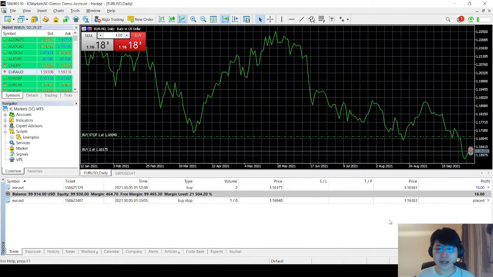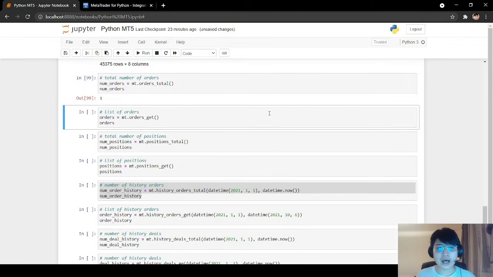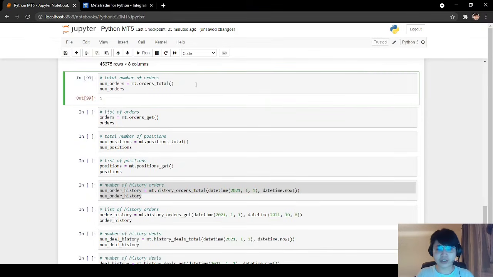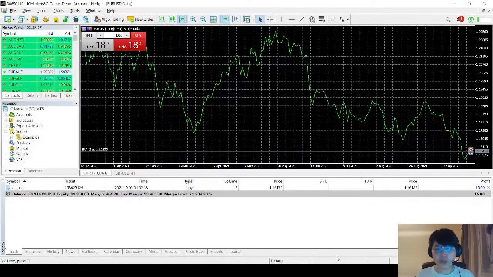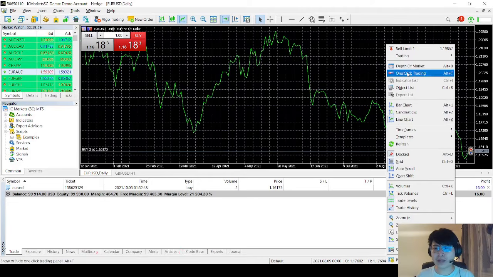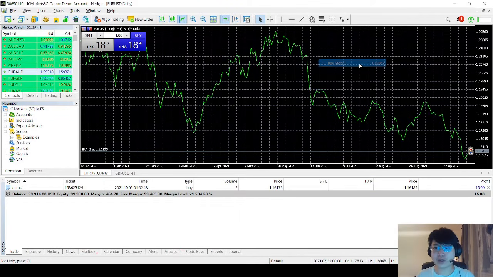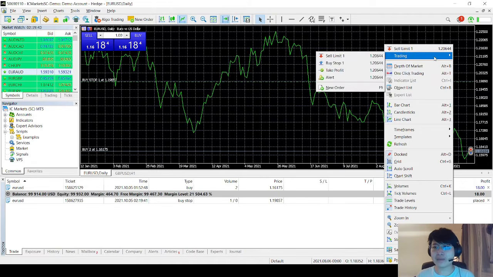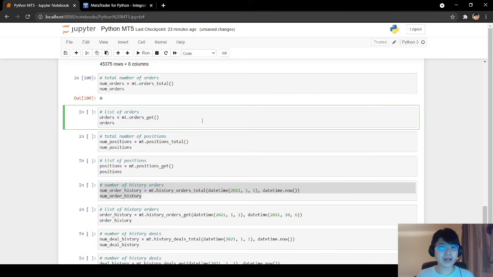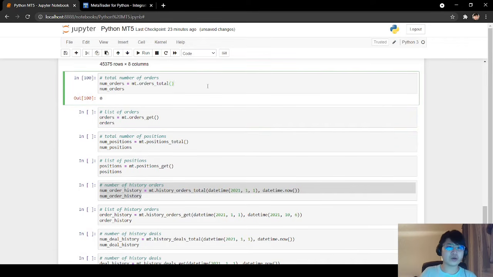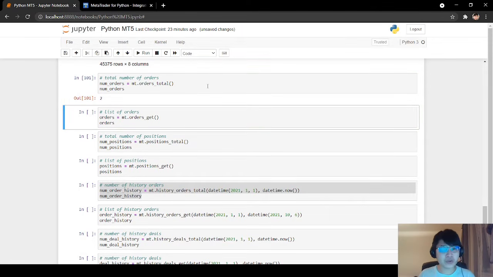order pending. So if I close this one, then now it should show 0. It works. Let's try to open or place 2 buy stop orders. So we have 1 buy stop and we place a second buy stop. So now we have 2 pending orders open. So if we go back to orders total, we now see 2 because now we have 2 open buy stop